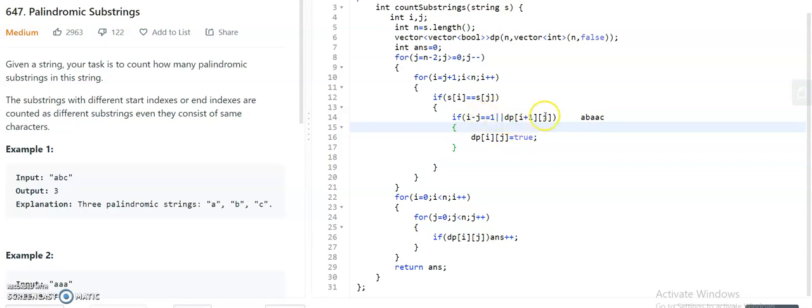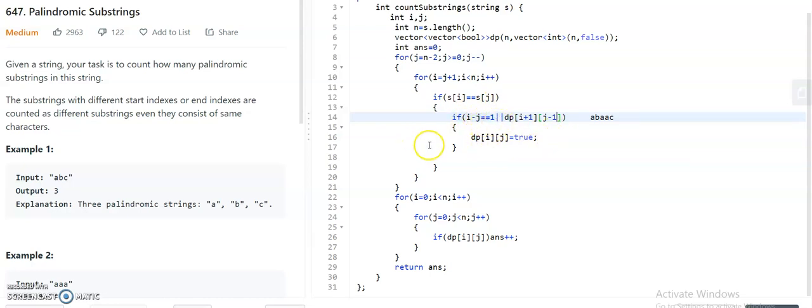We cannot check whether the substring from I plus 1 to j minus 1 exists, because the I position is 2 and the j position is 3. When we look at I plus 1 and j minus 1, it will be 3 and 2, so we cannot check like that in the DP array. So for that case only, we have mentioned j minus I is equal to 1.